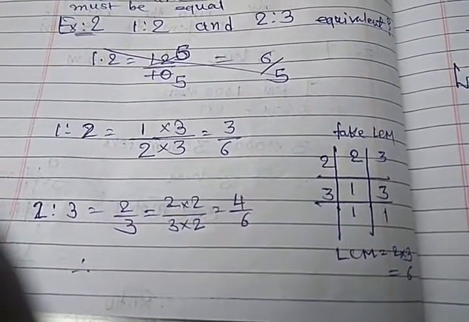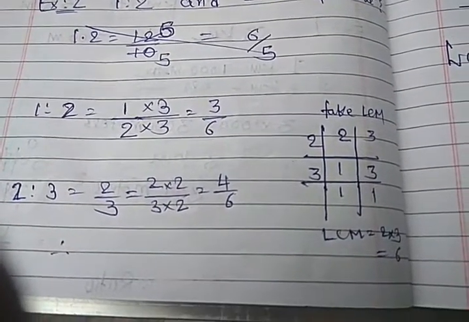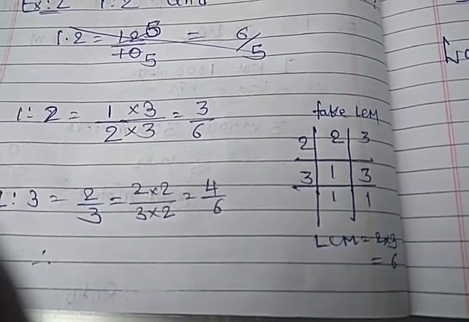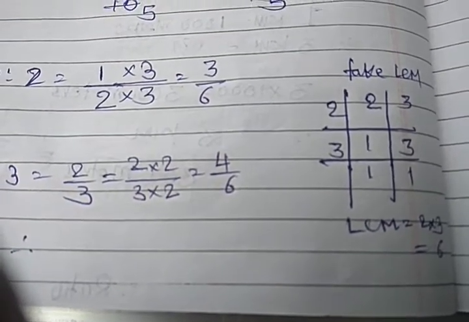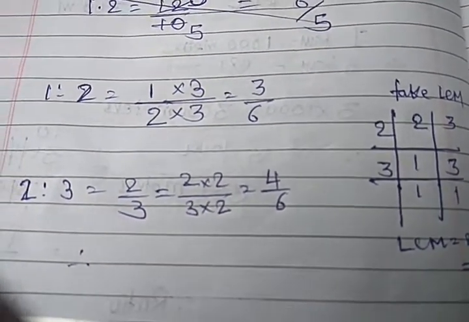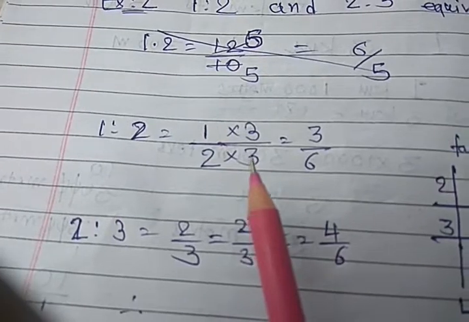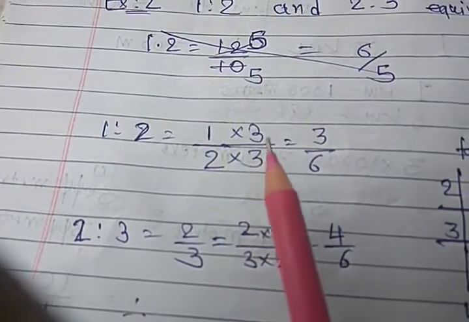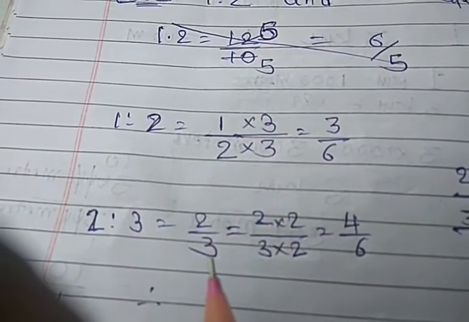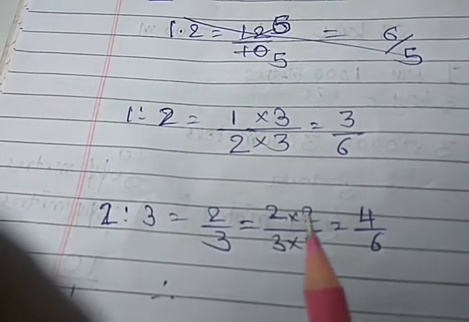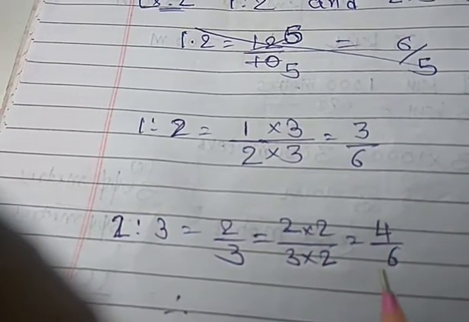In 1 upon 2 the denominator is 2 and in 2 upon 3 the denominator is 3. So here we have to take the LCM, right? So take the LCM of the denominators. Here we take the LCM that you knew very well. So the LCM is 6. Means here 2 3s are 6. So we have to multiply in numerator as well as in denominator by 3. So here 3 1s are 3 and here 2 3s are 6. Now 2 upon 3, how does it become 6? 3 2s are 6. So we have to multiply in numerator and denominator by 2. So here 2 2s are 4 and 4 upon 6.